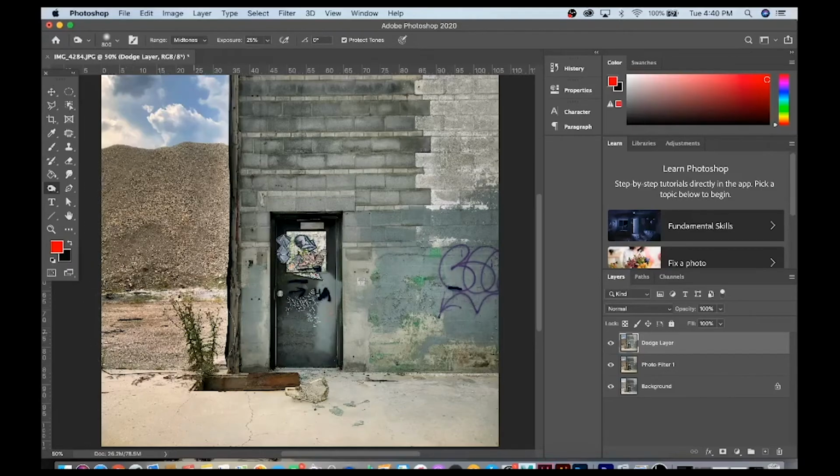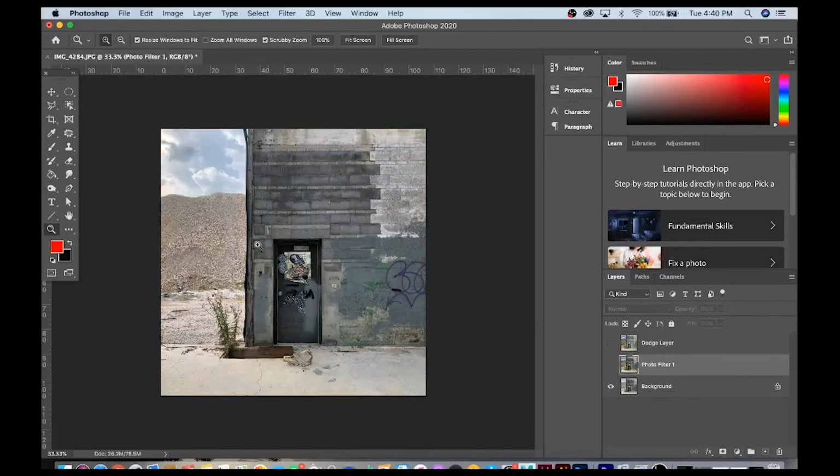And by dodging and burning, as I said, you create a focal point or an area of interest for your eye to fall on, but you can also create a little more depth in your image. Here's the original image, it's pretty flat. So I did all those adjustments, punched things up. And now here's my dodge and burn layer. I'll retitle that